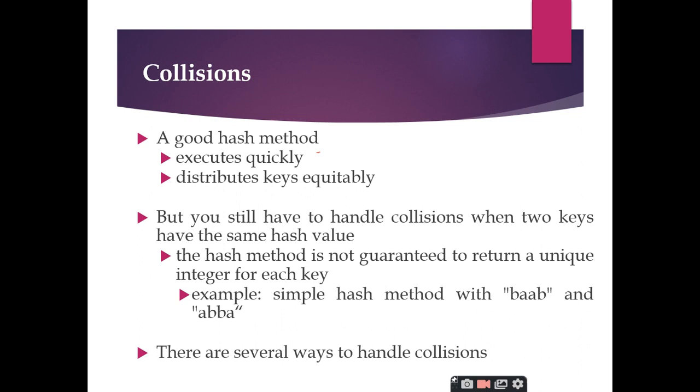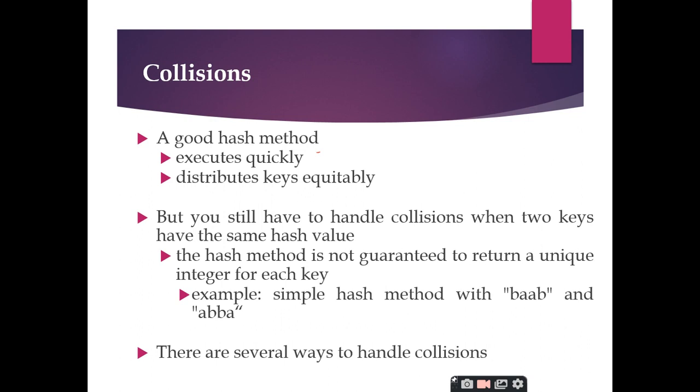we know what a hash function is. A hash function is used to generate hash values or hash keys, and we also know the requirements of a good hash function: it should be easy to compute, it should be executed quickly, it should distribute the keys equitably, and lastly it should have fewer collisions. By this we come to know that it is impossible to avoid collisions. Collisions will definitely occur, right?